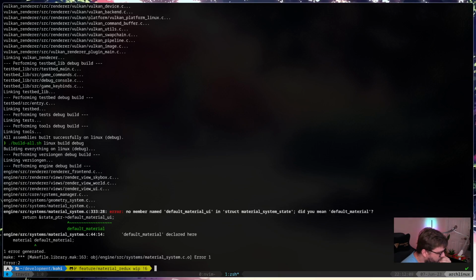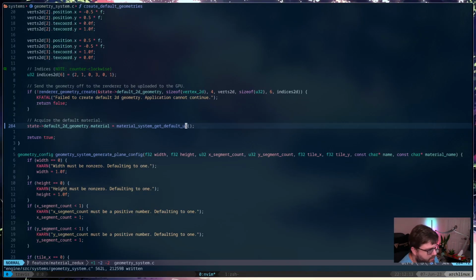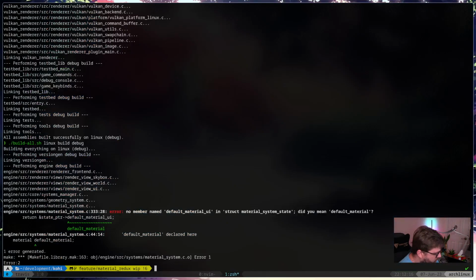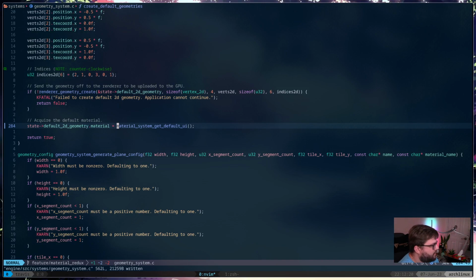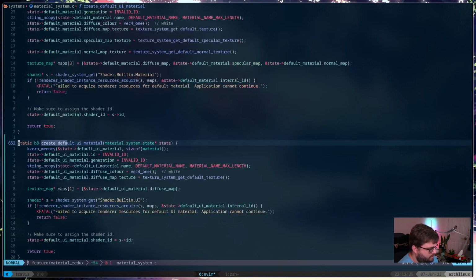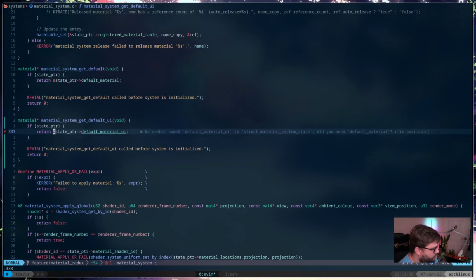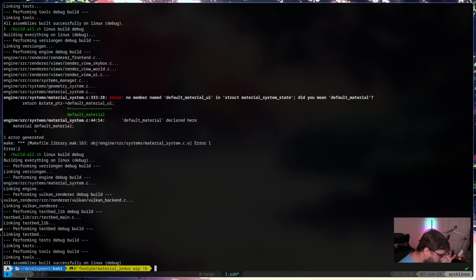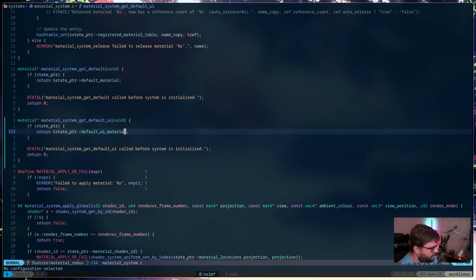Oh. Yeah, that makes sense. What was that? Material system 333. Default UI material, not default material UI. Okay, there we go, built. Let's run.